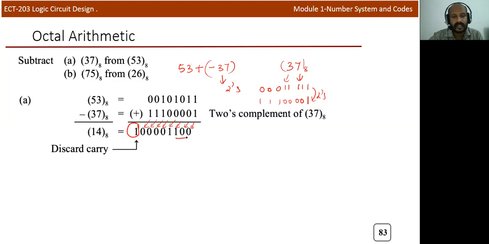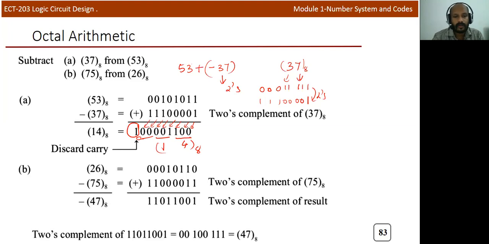So this is 100, which is equal to 4, and this 3 bits we group. This is 1 and this 0, and make sure that we'll discard this particular carry. There is only 0 0, and we can put one more 0 here to make it a group of 3. So either I can write 0 or simply 1 4 in base 8. Okay.